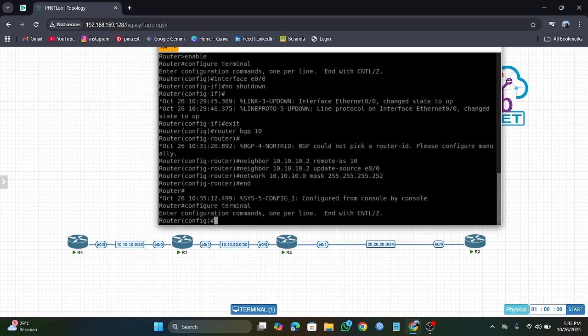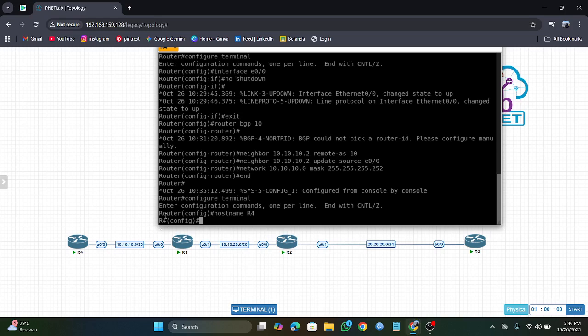And you type hostname, and you type the new name, this one R4 for router 4, and enter. Okay, this is a rename.